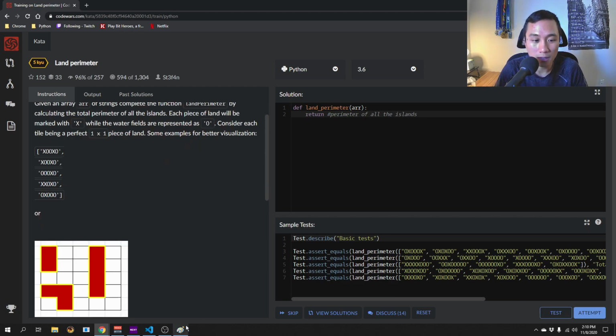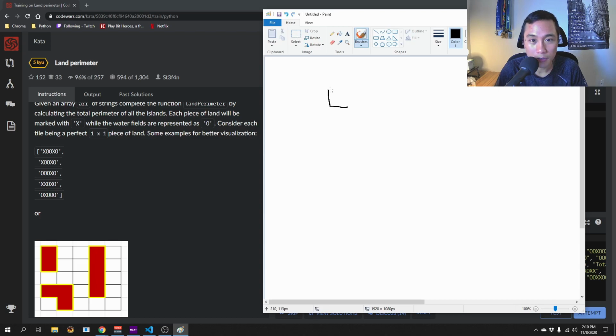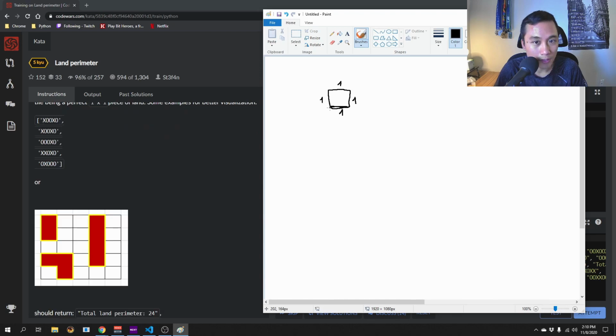Let's try to visualize this using Paint. So let's say we have an island here represented by a square. The perimeter of this island would be 4, right? Because this is 1, 1, 1, and 1. Let's say we have another island immediately under this island. The perimeter of this one would be 1, 1, and 1 here. Because they are next to each other, this side would not be included in the calculation of the perimeter of this island. So this island would have the perimeter of 1 plus 1, so would be 6 instead of 7